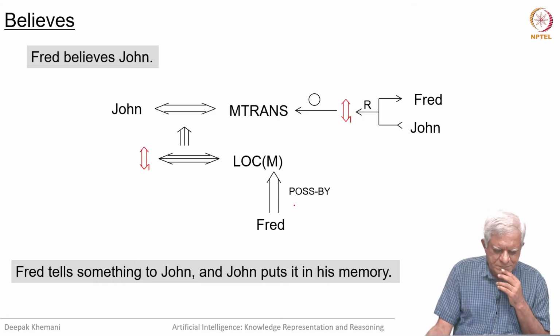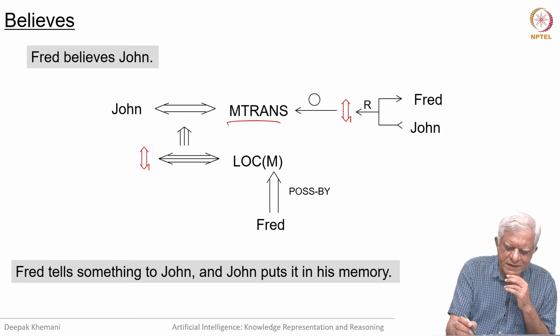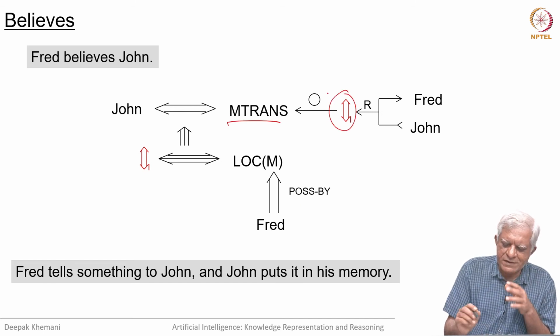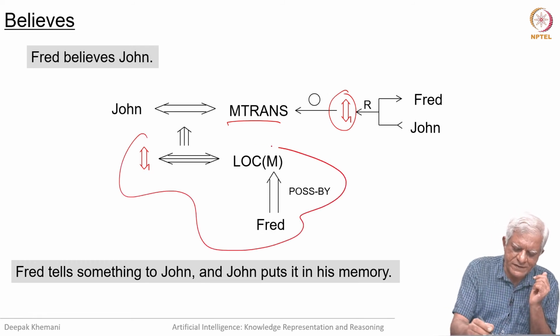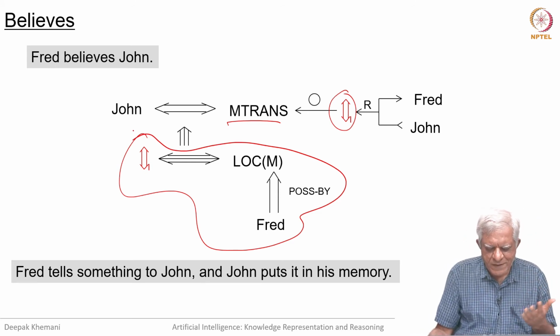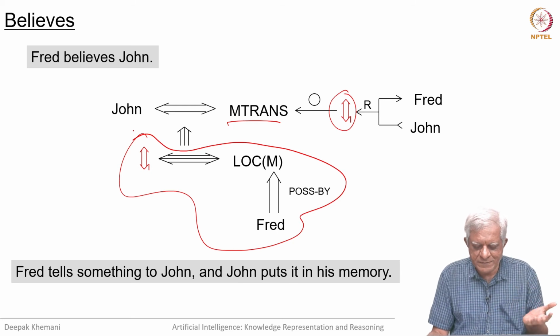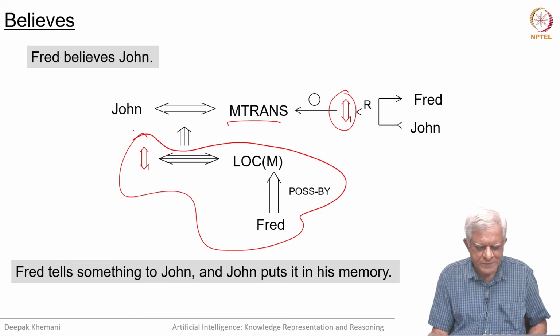So, coming back to other words, conceptual words. So, when you say Fred believes John, then there are two senses of this word believes. One is that John entrances something, this structure in the red, to Fred, as a result of which that structure has gone and sat in Fred's memory essentially. So, just like we say that I believe that John is a fool or something, Fred believes something, but that something is what John has told him. So, John tells something to Fred and Fred puts it in his memory.